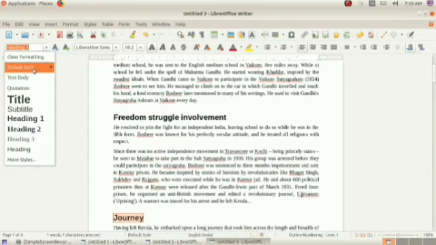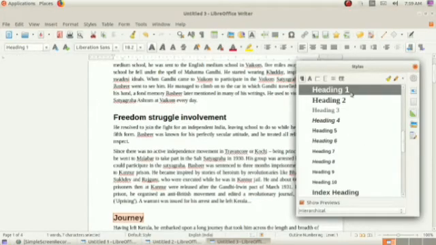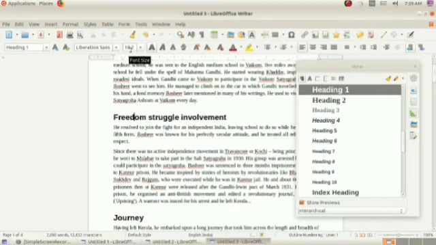So I am clicking on more styles. Then the heading 1, heading 2 styles are available. Then the next thing we are going to study is modifying the style. Here this heading 1 includes the font style Liberation Sans. Then its size is 18.2. Then bold. That style we can see here.